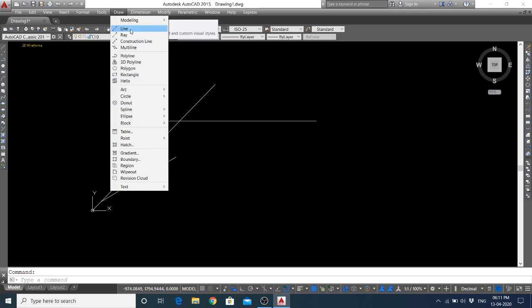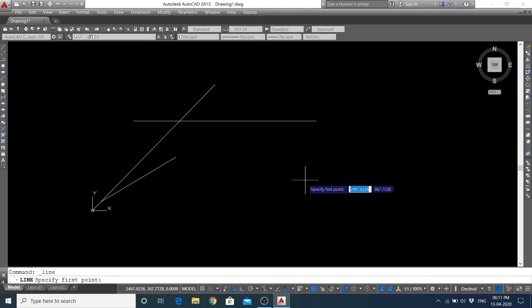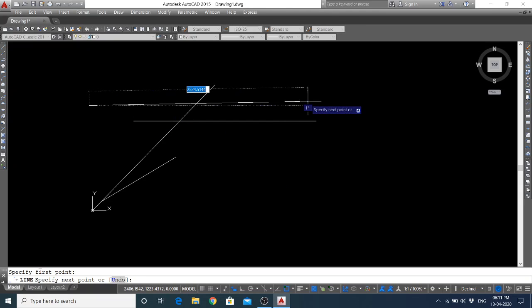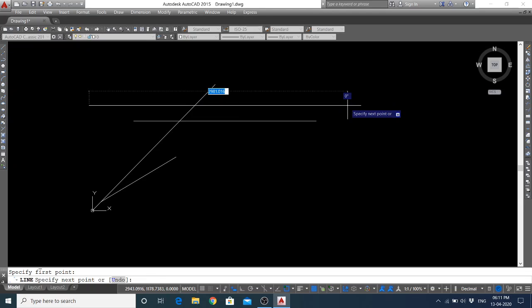Under this draw section, you have to click line, then again you can start from anywhere, like from here, then